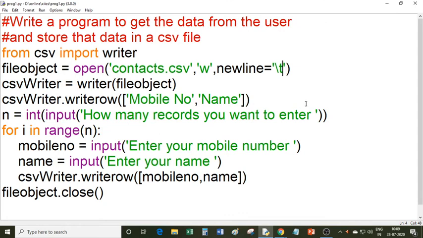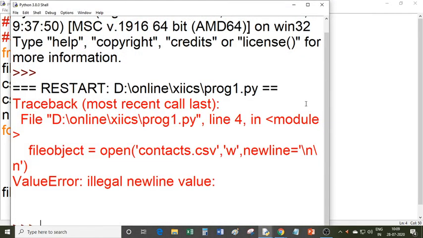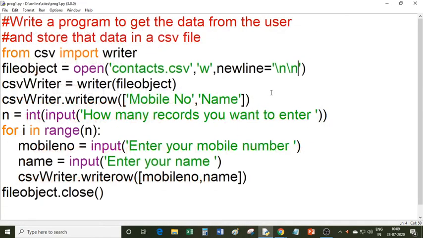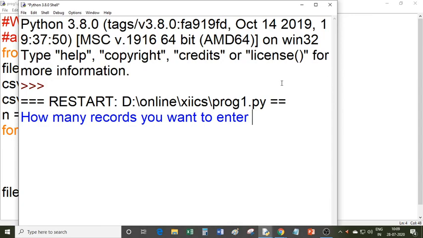Sir, is the newline character only blank, or can there be others? No, you can pass slash n also. Suppose I am passing slash n. So it is a legal character. Only one character is allowed in the newline argument. Now you can run this program.